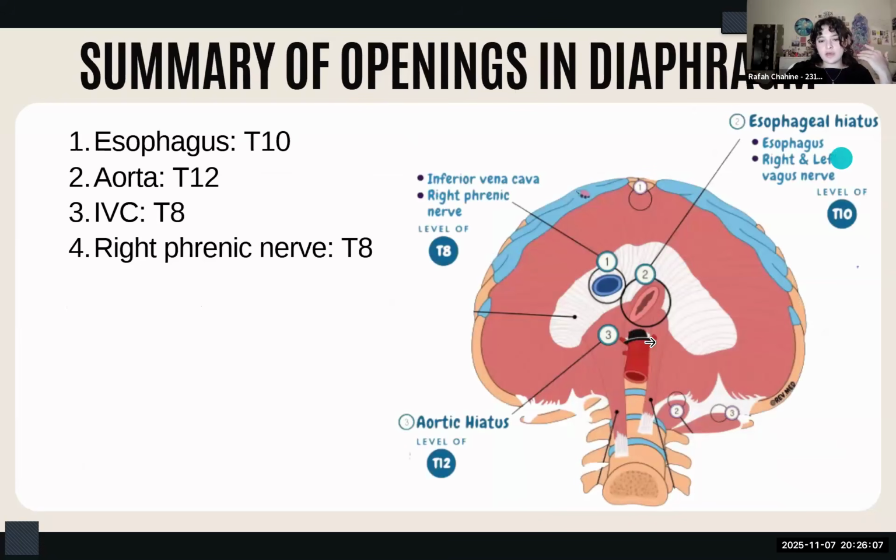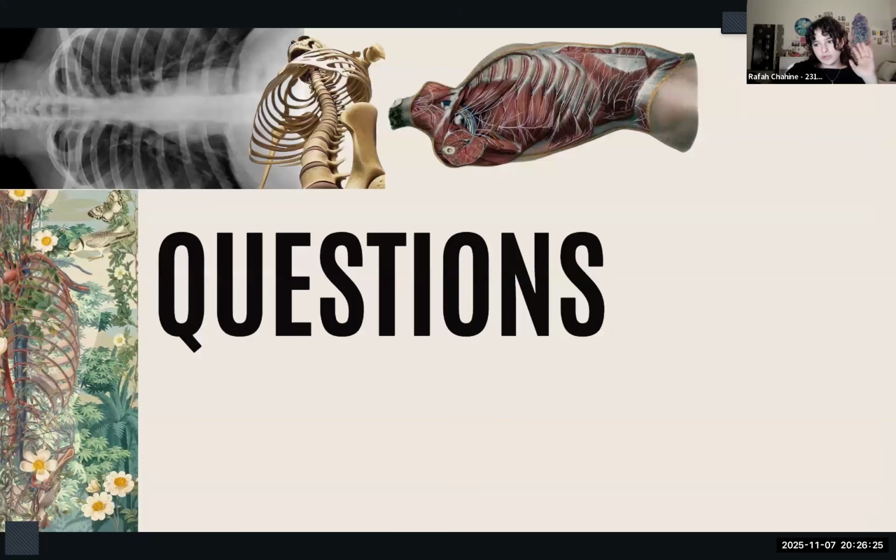And this is a summary of the openings in the diaphragm. We mentioned the esophagus, I just said it, opens or pierces the diaphragm at the level of T10. The aorta pierces the diaphragm at the level of T12, and the right nerve and the inferior vena cava at the level of T8. And that brings me to the end of the lectures,